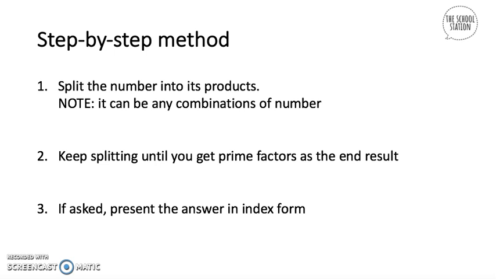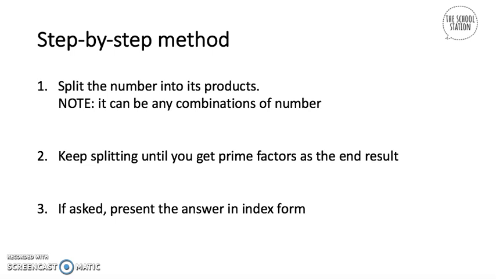The second step is that you have to keep splitting until you get prime factors as the end result. Again, if we have 18 and we split it into 6 times 3, we know 3 is a prime number, but 6 is not. So we have to split 6 again until it gets to 3 and 2. And we know that 3 and 2 are prime numbers. So 3 times 2 times 3 is going to be the answer, but obviously it has to be in numerical order